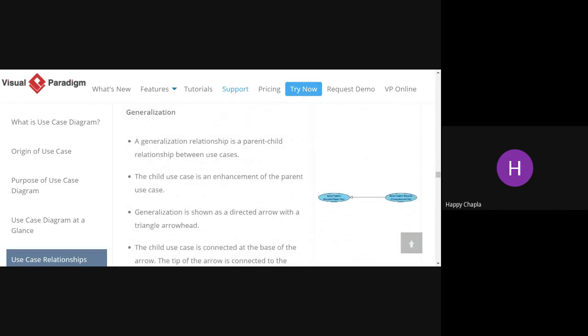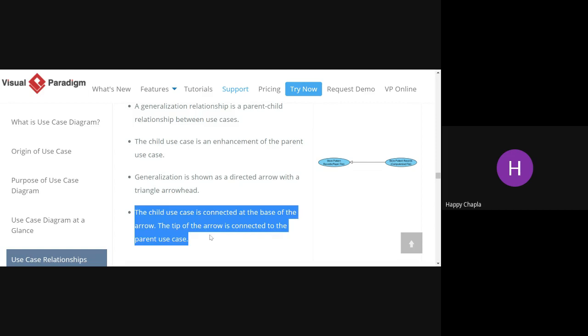Now what is generalization? A generalization relationship is a parent child relationship between use cases. Okay, so the child use case is an enhancement of a parent use case. Now generalization is shown as a directed arrow with a hollow triangular shape. Okay, we do not require to fill it.